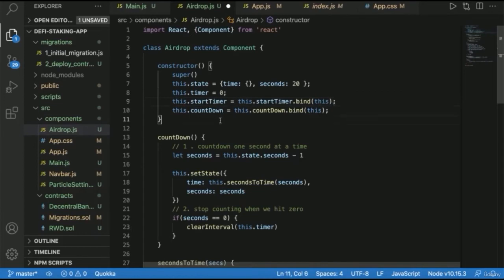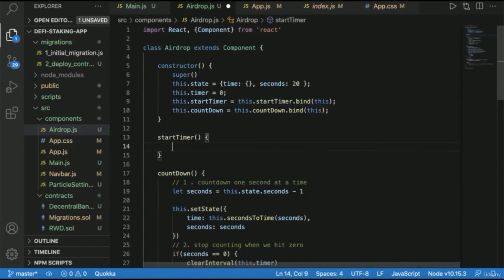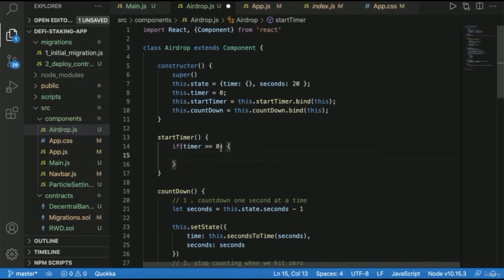And let's actually create a function for this as well. So what I'm going to do is write start timer, and we're going to create a conditional statement in here as well. We're only going to start this timer if our timer is equal to 0. So if this.timer is equal to 0, then what we want to do is this.timer is going to equal